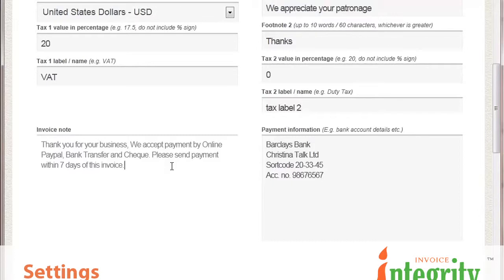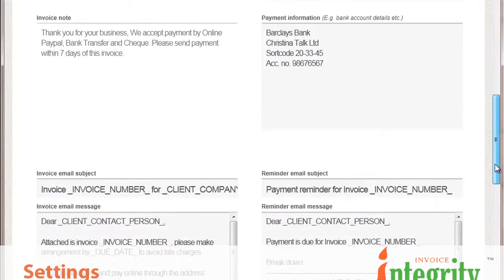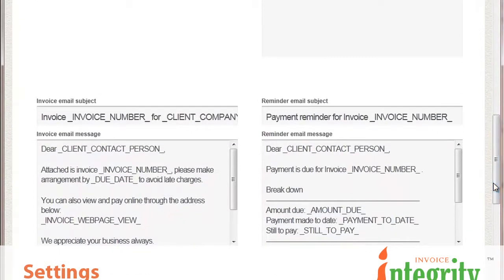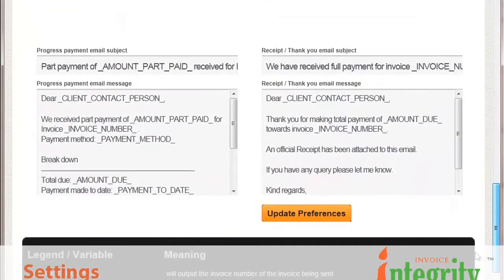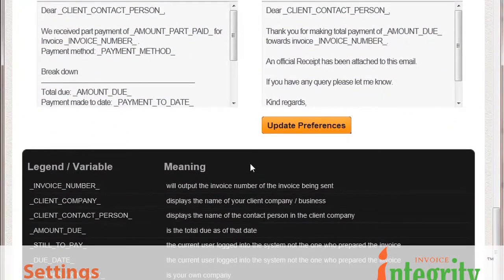Now, from this point down, you'll notice that there are several boxes that can be populated. These are related to email messages that can be sent out for your invoices. It looks a little cryptic here, but if you scroll down a little bit further, you'll notice that you have your legend variables. So this underscore invoice underscore number underscore is going to output the invoice number of the invoice